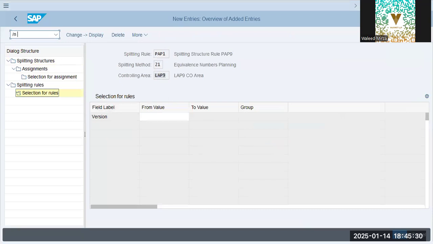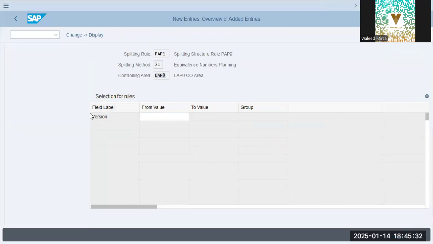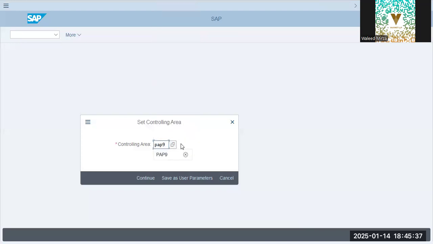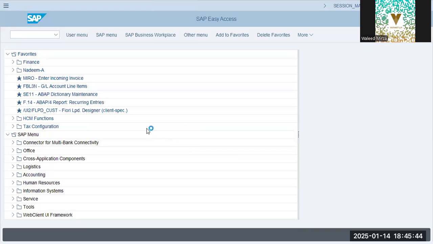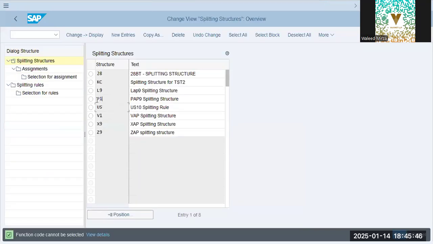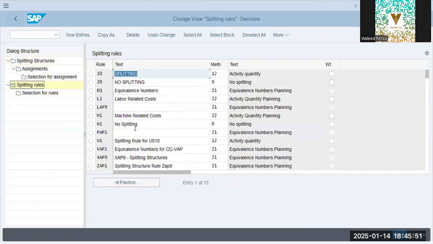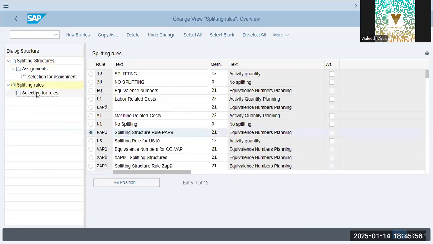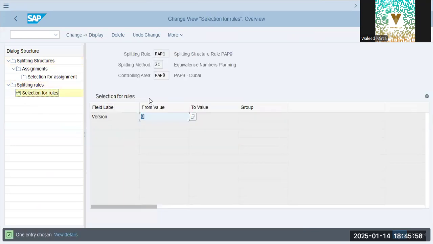Okay, we have to change this OKKS because PAP9. So far, this is PAP9. Ours is PAP9, right? Yes, sir. Okay, OKES, PAP9, splitting rules, selection for rules,